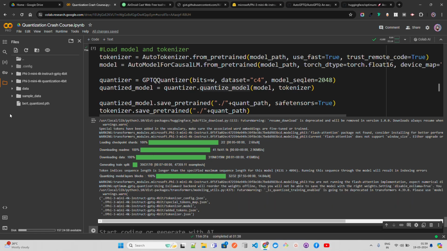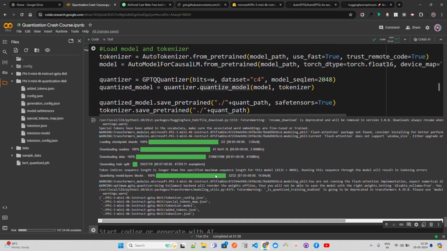As you can see, our model has been quantized, and it's now here in this folder called Phi-3 mini 4K quantization 4-bit. And when you expand that, you will only see the safetensors. Okay, now you can push this model entirely to Hugging Face, using your Hugging Face API keys. You can push it there and you can load it and use it, deploy it on SageMaker, RunPod, Inference API, and wherever you want to do that. So this is how you can do it, guys.